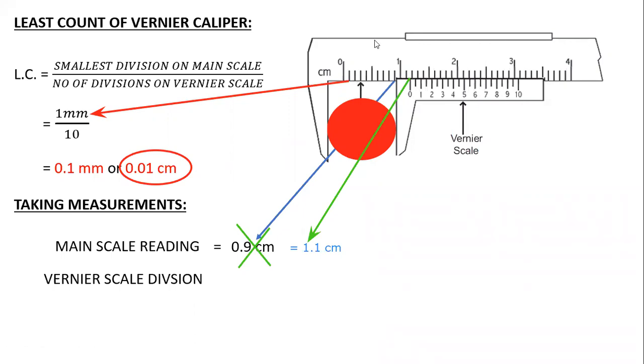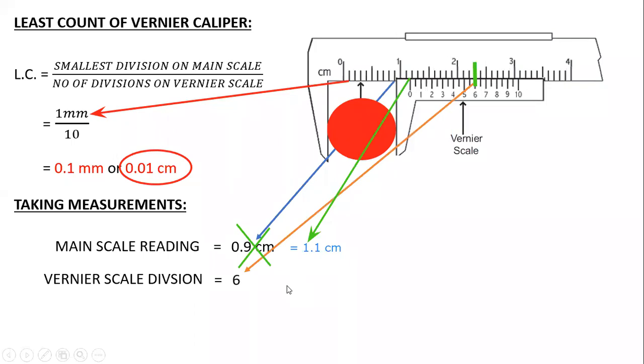The first value which is exactly coinciding is nothing but, yeah, most of them have told it is just 6. The first value which is coinciding. Yeah, after that 7 is also there. But if you carefully see, 7 is a bit ahead. So you need to take the first value which is coinciding. Even 6.5 is there, 7 is there, but the first value was 6. So the vernier scale division will become 6.